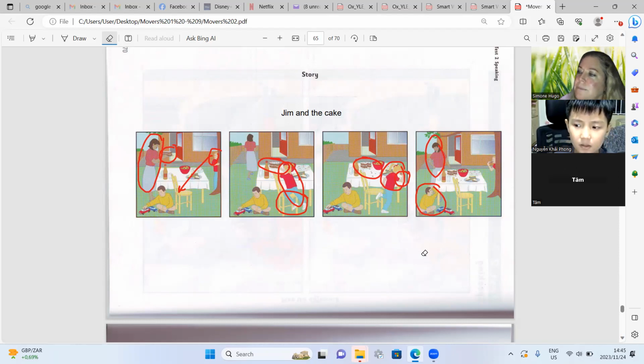Next, Jim's sister is climbing on a chair.